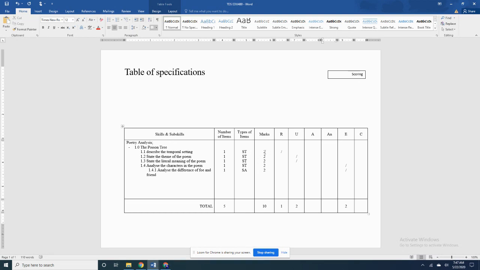If you give 2 marks for remember questions, okay, these could be remember questions. State the theme of the poem, could be understanding, could be remember, 2 marks. State the literal meaning of the poem because it's literal. I'm not so sure how literal it is. It could be remember. But when you jump to analysis, that is high level, hence the complexity of these questions should be recognized by the marks that you assign to the questions as well.